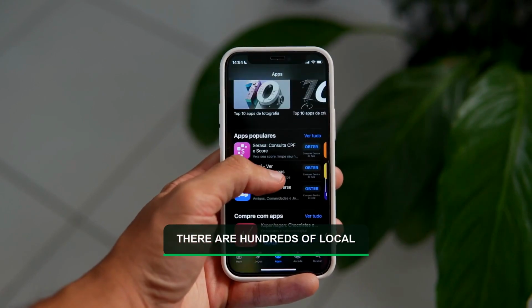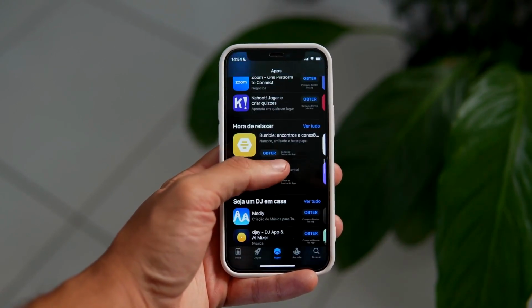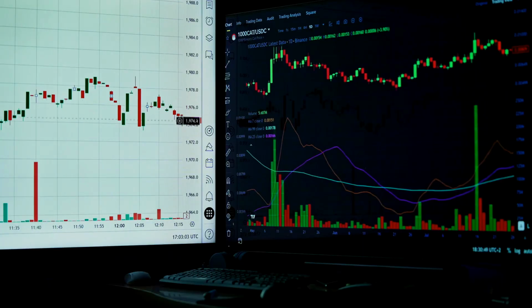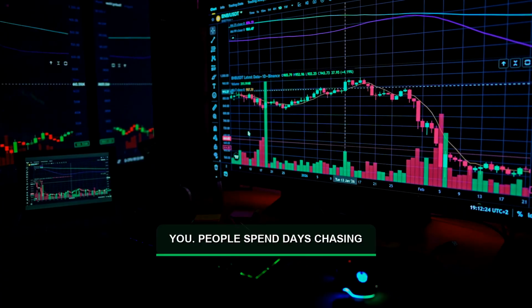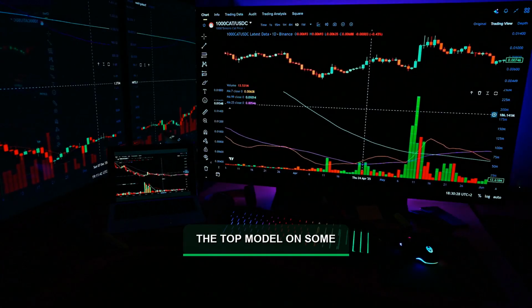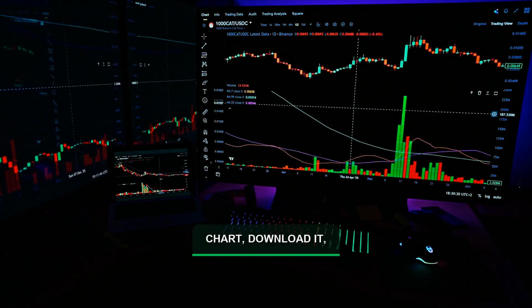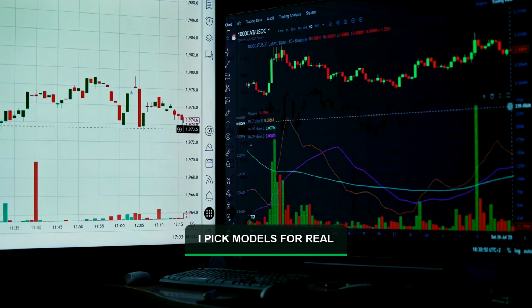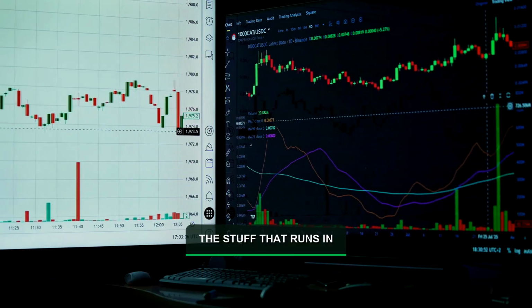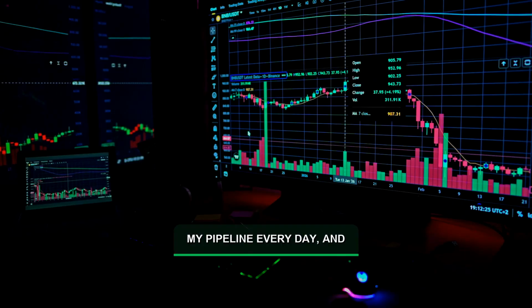There are hundreds of local AI models you could download. New ones appear every week, and the leaderboards that rank them will mostly just confuse you. People spend days chasing the top model on some chart, download it, and find it is wrong for what they actually need. I pick models for real production tasks, the stuff that runs in my pipeline every day, and I